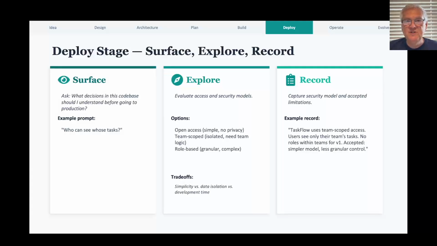That three-part methodology is Surface Explore Record. Surface meaning you surface decisions that you need to make. Explore meaning you explore different options for the decisions. And finally, record. You record those decisions in records so that you can give them to your AI later, both as a blueprint to create your application and